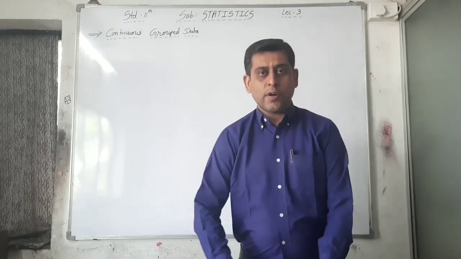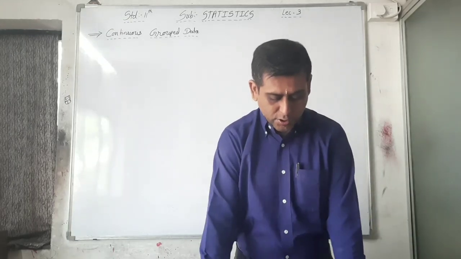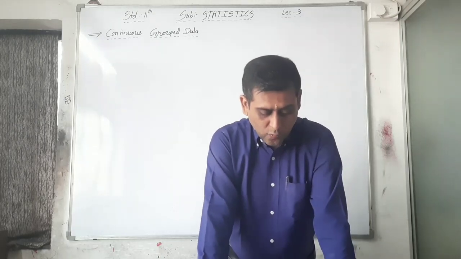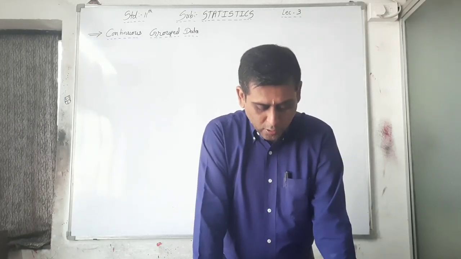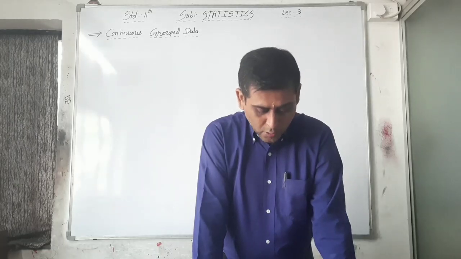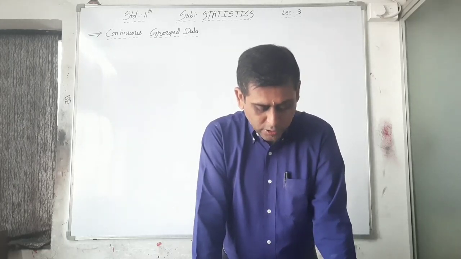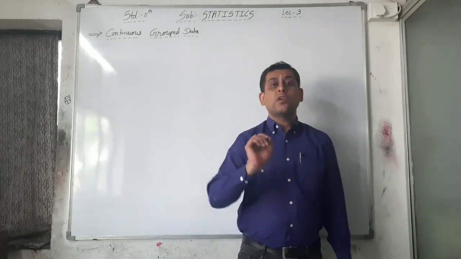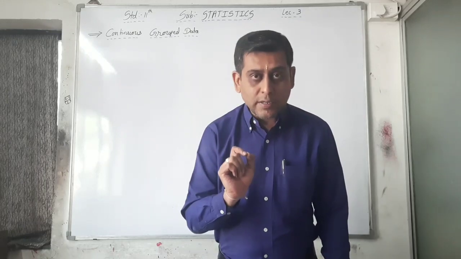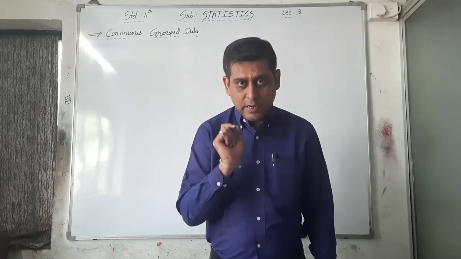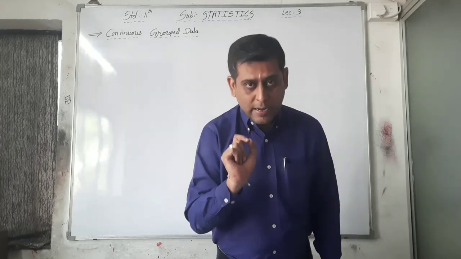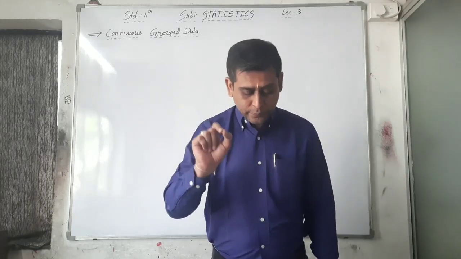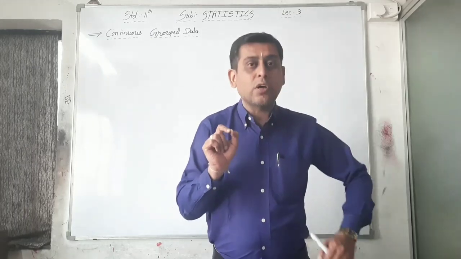Now move forward to the next illustration, that is illustration number 8. I am reading the question first. The data about the weight in grams of the mangoes from a tree are as follows. Moreover, the minimum weight for these mangoes is 410 grams. See, underline this here. The minimum is 410 grams. It is given, and it is the main information for us. So first of all, underline this. Find the mean weight of the mangoes.